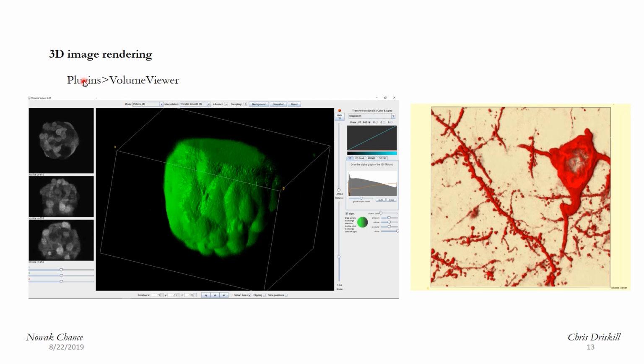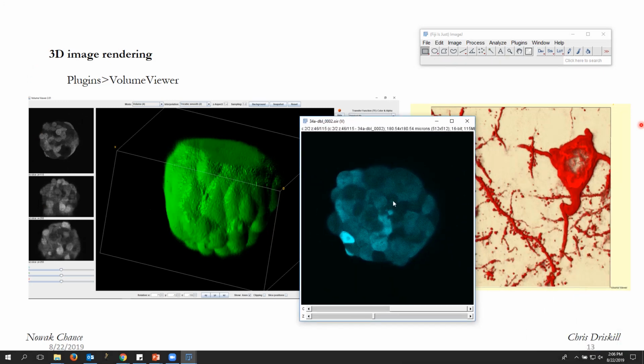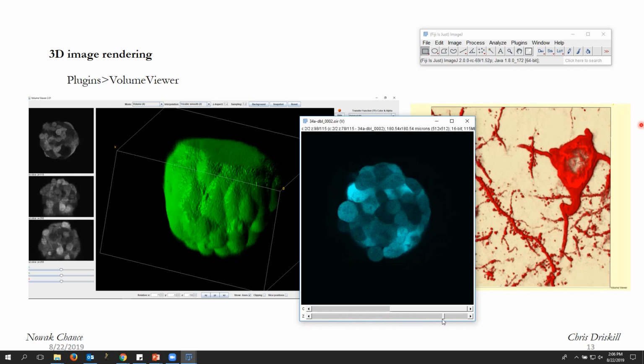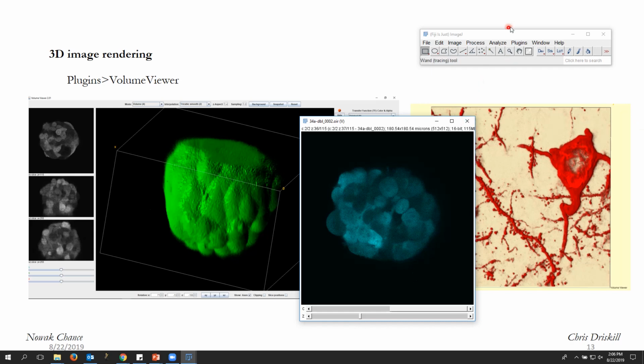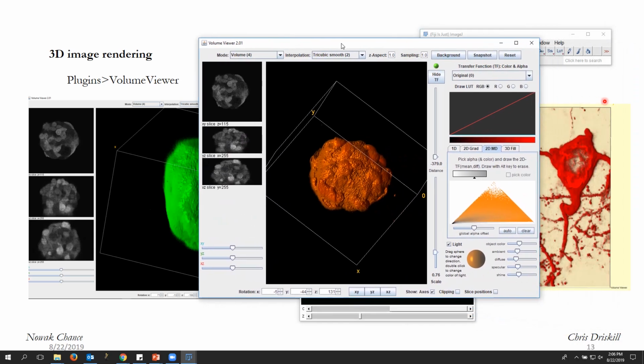So go to plugins and volume viewer. All you have to do is to start your favorite software ImageJ, and open the image which is the 3D stack like this, which is here. This one has got different planes all the way from bottom to top. The direction doesn't matter, it can be any. And once you have this, then go to plugins, and there is something called volume viewer. If you click that, then it is going to open a window like this, where you can have a lot of different options.